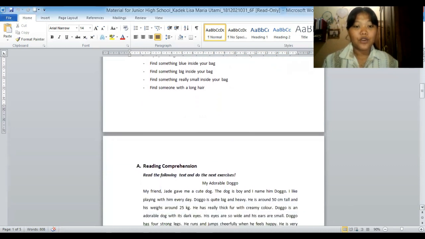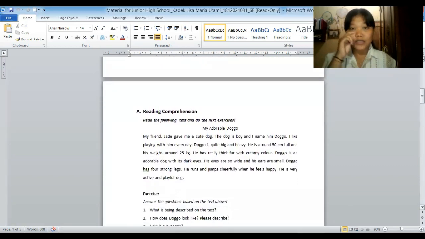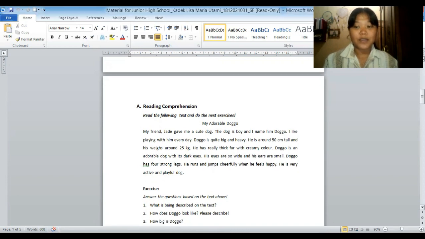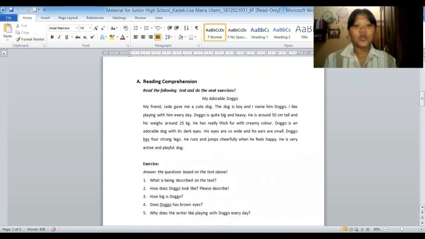Alright, let's move to the first section, which is reading comprehension. I'm making a short and simple descriptive text about an animal, the reading text for the students, and I'll be using this text to know their reading comprehension skill. In making this text about my adorable doggo, which describes an animal, I consider the level of my students. So I try to choose simple words that are used within the text to make them easy to understand. And for the exercise, in order to know the reading comprehension of the students, I provide 5 questions